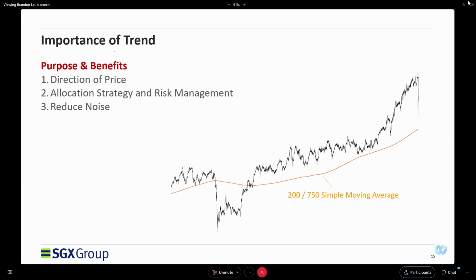This is a very quick look at the importance of trend trading, because it tells us the direction of the price. So we are not trading blindly or probably hoping. And then with a trend strategy, it could help us with our allocation strategy, like I mentioned earlier. Are we going to increase or are we going to reduce? So when we see signals of a strong trend, like in this case, the chart on our bottom right, we saw that the price breaks higher. We would like to increase our allocation.